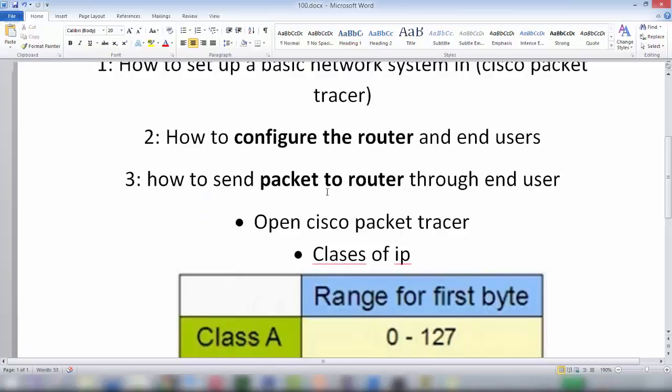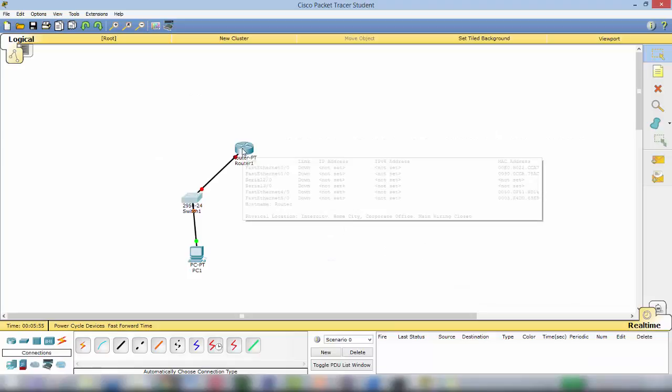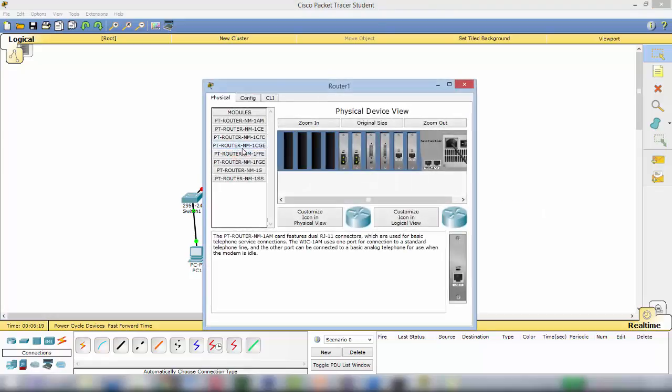How to configure the router and end users. You first just place the cursor on a router without clicking it, and you see here Fast Ethernet 0/0. It's down now and its IP address is not set. You need to set the IP address for that router. For this you need to click on that router and